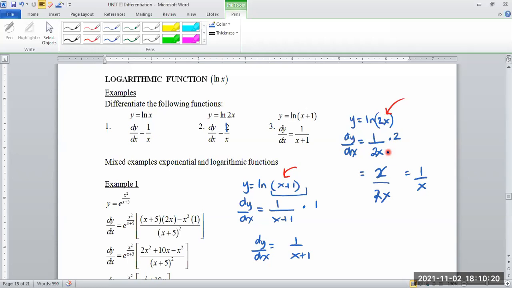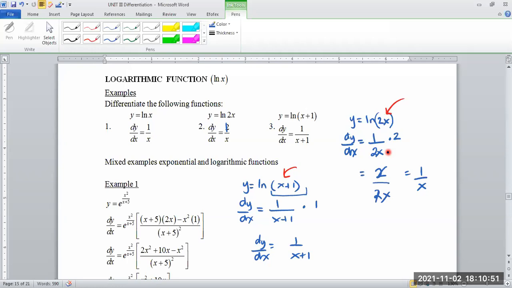In summary, the differential of the exponential function is the exponential function itself times the differentiation of the function. The differentiation of the ln function is 1 over the function times the differentiation of the function. So the differential of ln x is 1 over x times the differentiation of x, which is 1. The differential of the exponential function is the exponential function itself, but remember, you have to differentiate the function inside. And that will be it.